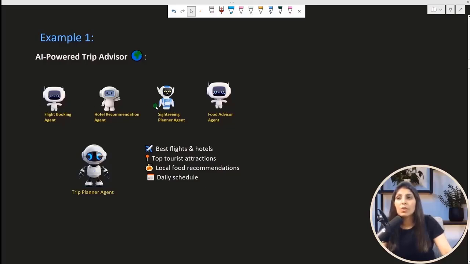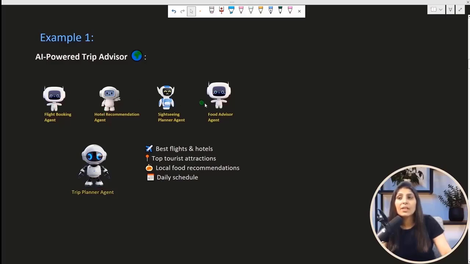So these 4 agents will work separately in different areas, and then they provide all the information to this trip planner agent. Now this agent finally collects everything together and creates the refined list of options for us. Suppose it provided us the best flights and hotels, top tourist attractions, a list of local food recommendations and a daily schedule.